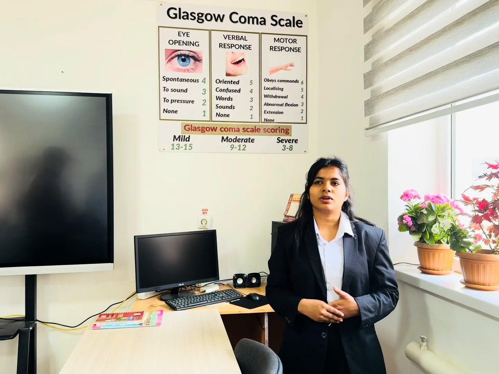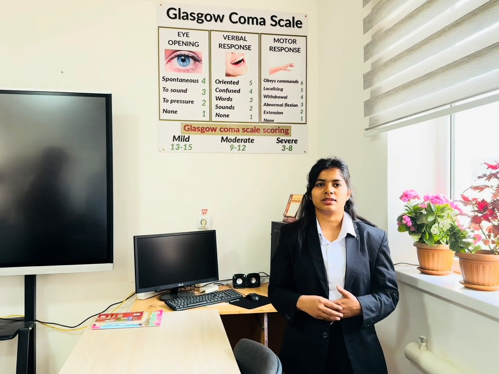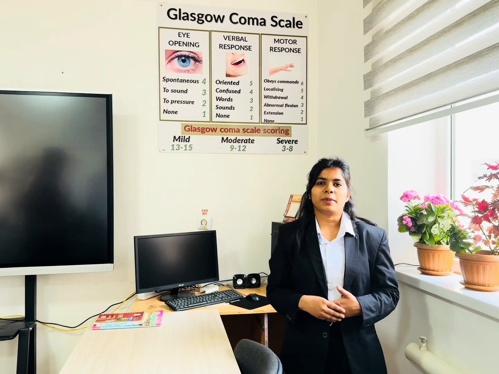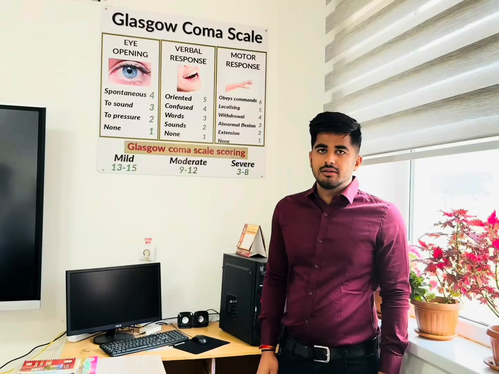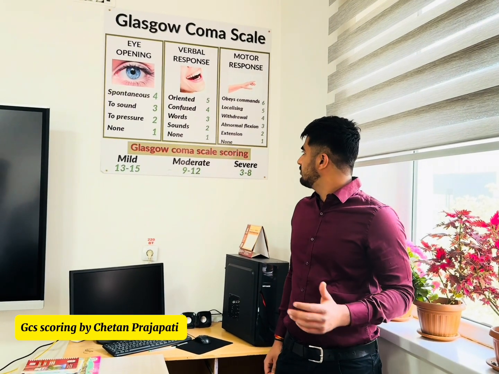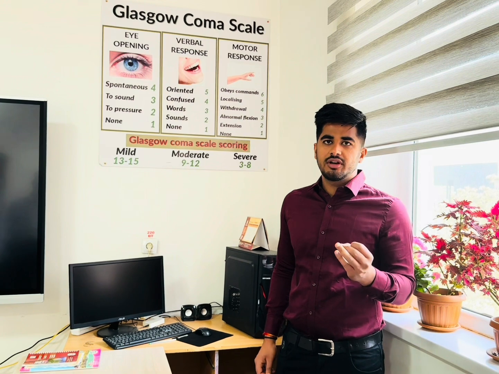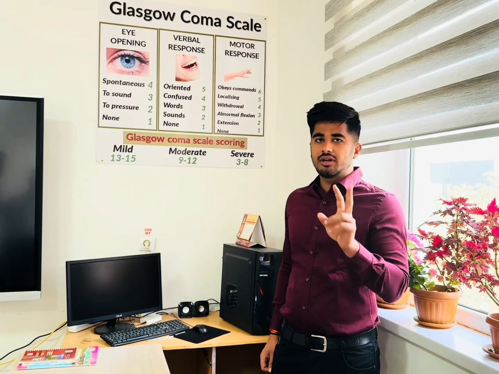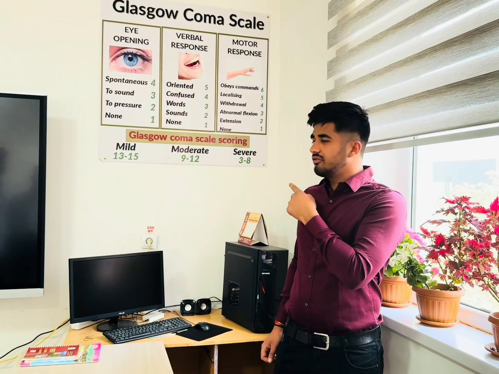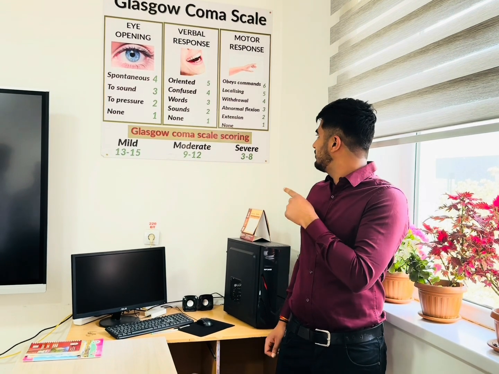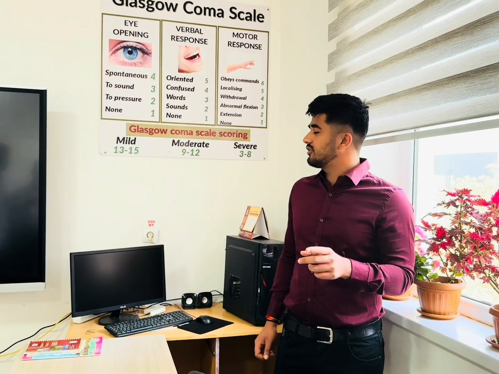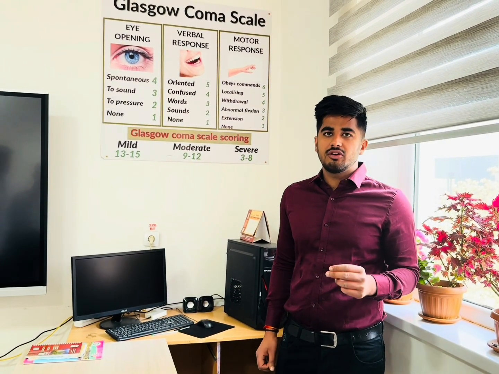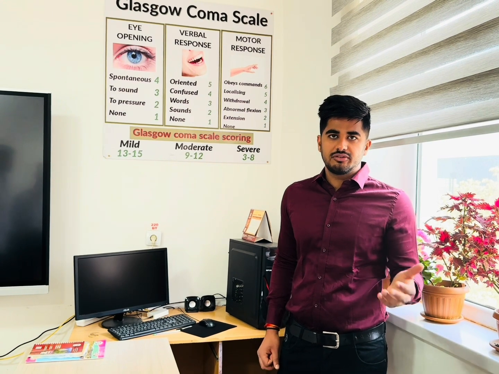The motor score is the more definitive score for the GCS, in which we can see if the patient is severely brain injured or not. In Glasgow Coma scoring, we can classify by 3 levels: mild, moderate and severe. Mild is 13 to 15 points, moderate is 9 to 12 points, and severe is 3 to 8 points. It depends on the patient's response, and now we are giving an assessment on a patient.